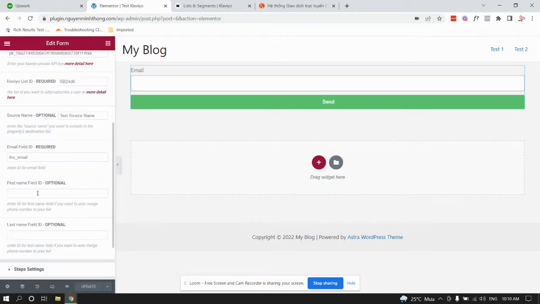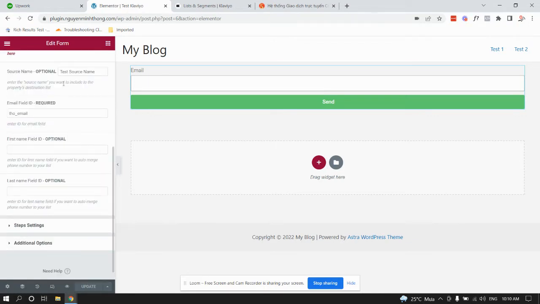settings. You will see we have a setting called short name here. Right there, I set it to test short name. You can put in any optional short name that you want, for example, Shopify, WordPress, Facebook, whatever you want. Then after updating it, you can test it on the front end